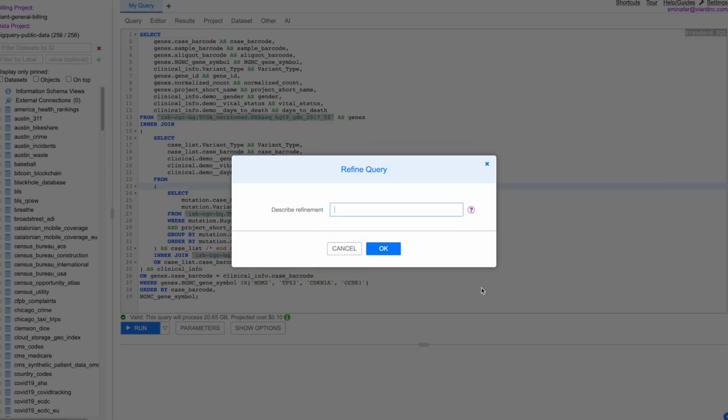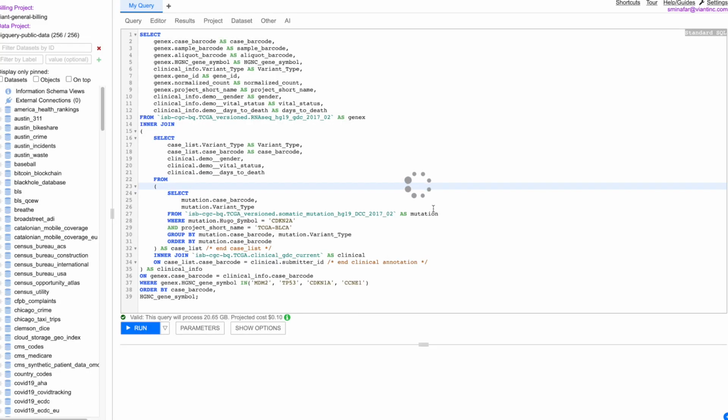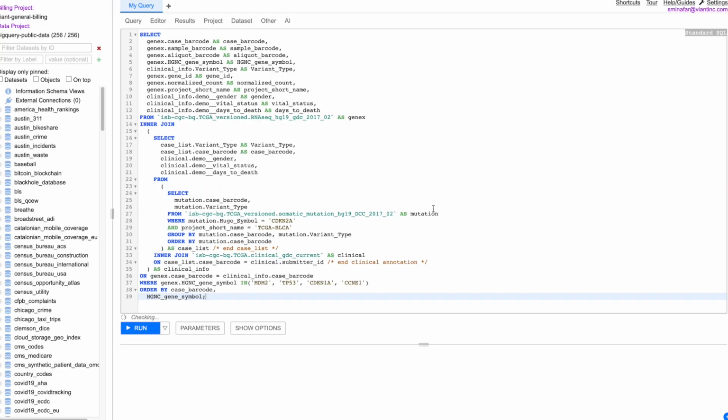As an example, let's refine the format by defining indentation as 2 spaces. We can see the change here, and it replaces the previous query with the response.